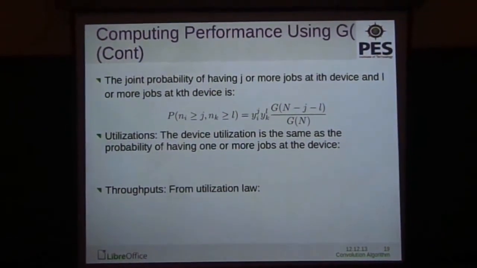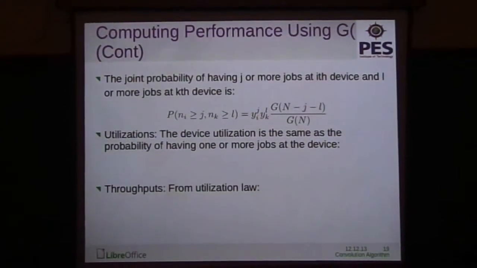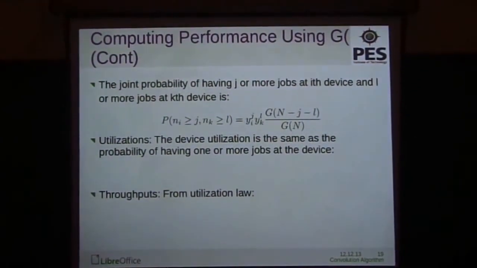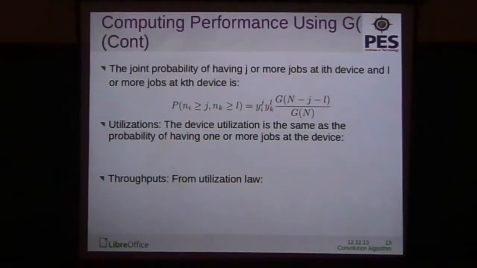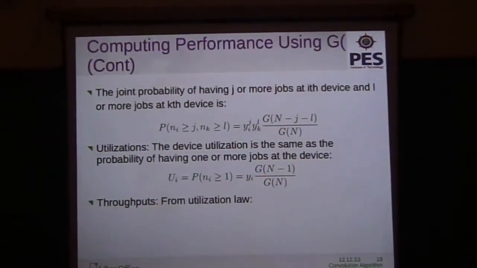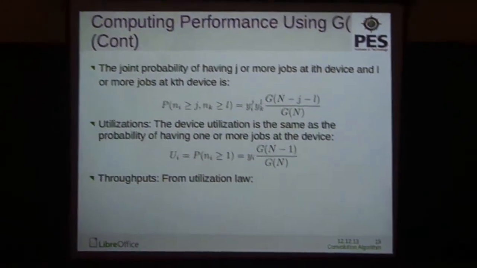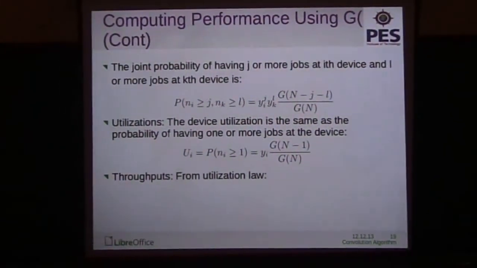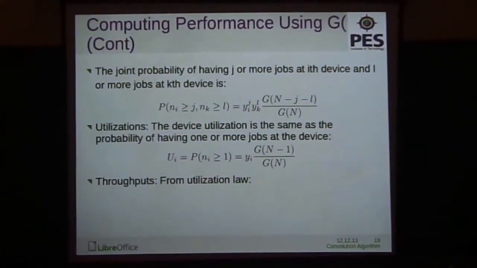And the utilization, where the device utilization is the same as the probability of having one or more jobs at the device, can be given by ui equals probability of n_i greater than or equal to 1 equals yi g of n minus 1 by